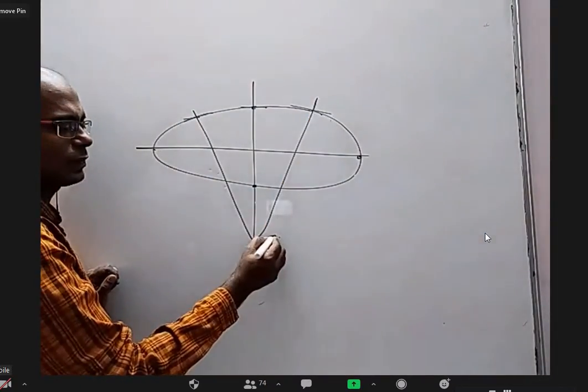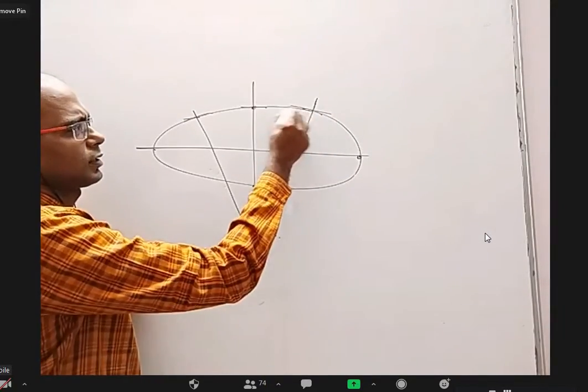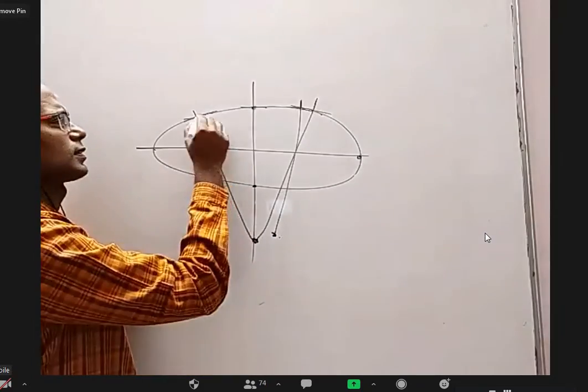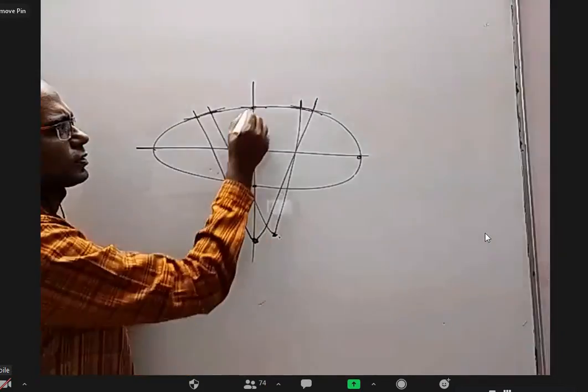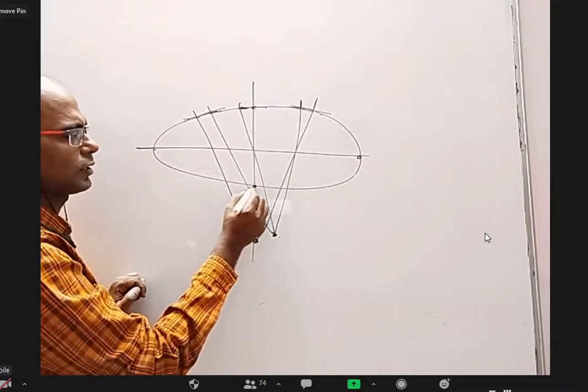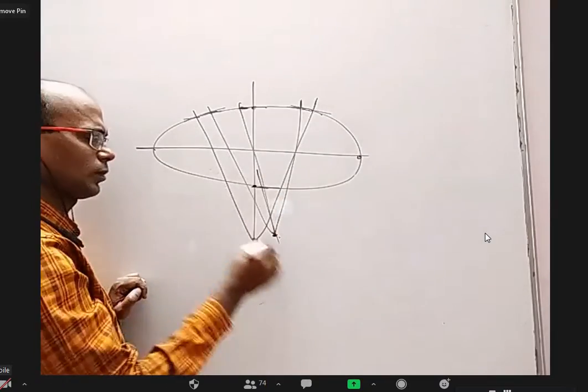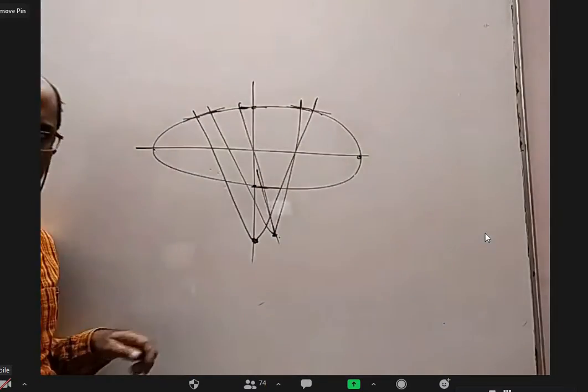And that is because the normals here coincided. If I take a point a little bit outside, I'm sure somewhere the normal will pass through this. Somewhere here the normal will pass through this. Not here, but a little bit this side, the normal can pass through this. Somewhere here the normal can pass through this. There can be 4 points, right?